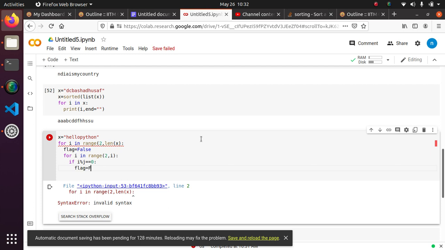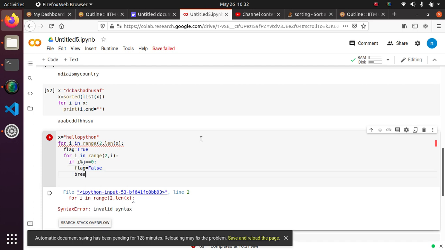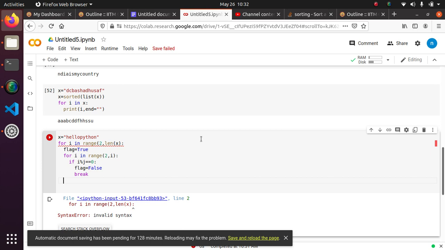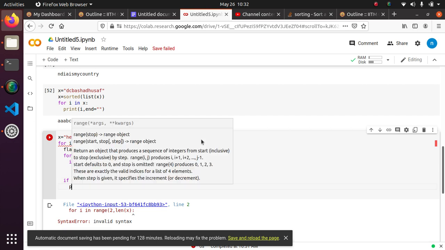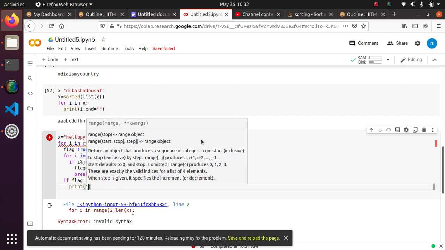oh god, see, I made a mistake again. So initially the flag will be true. Okay, when it is divisible by numbers other than 1 and itself, the flag will become false and we would break the loop. Okay, so now let me see what is happening. Okay, if flag, print of i,